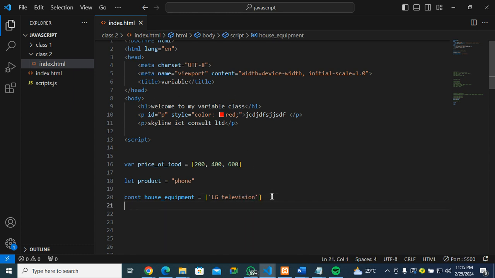Okay, now when you look at this variable, they are all variable, and you agree with me that